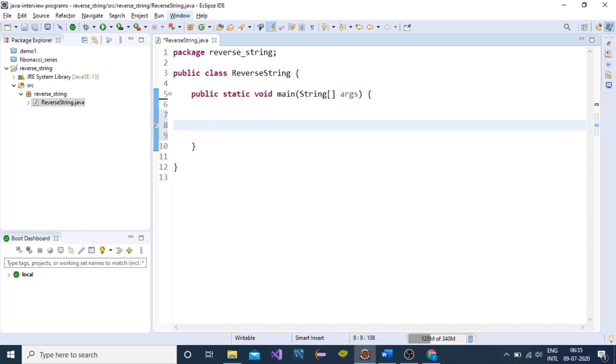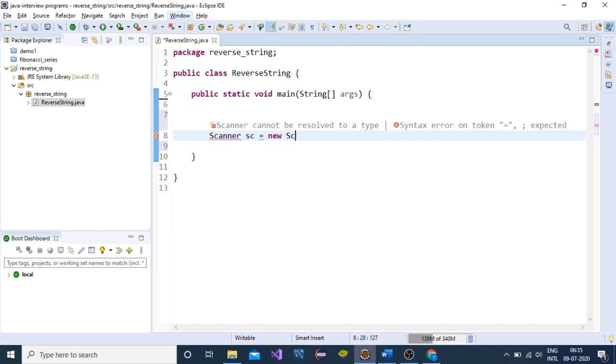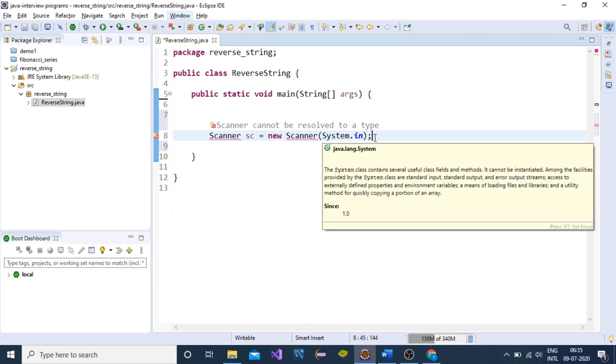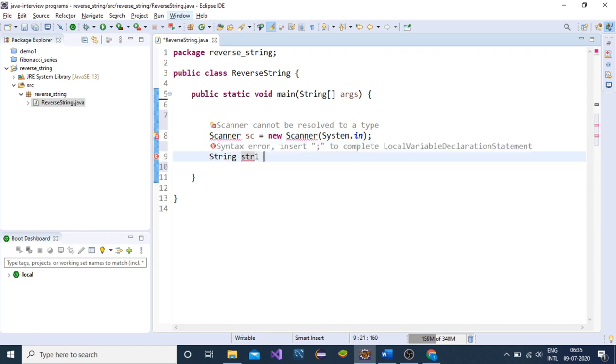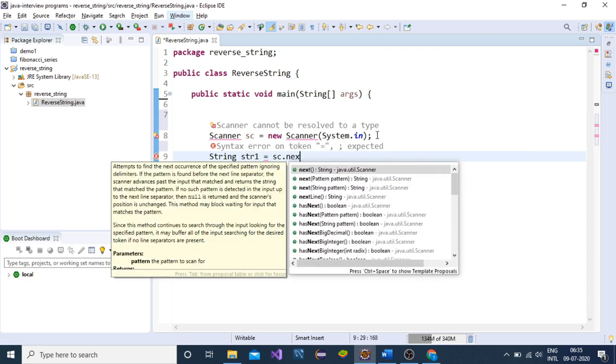Take input by user. Take any string input by user. By the help of a scanner class, we can take input by user. It takes an argument as System.in. System is a class, in is an object reference. sc.next.